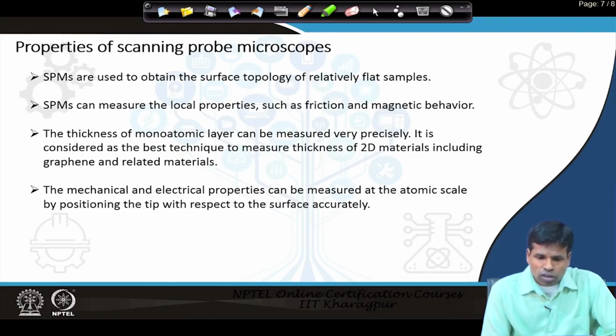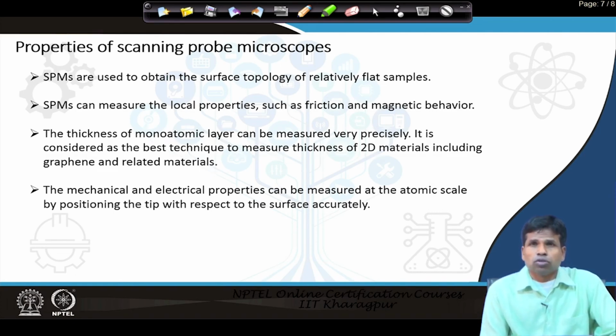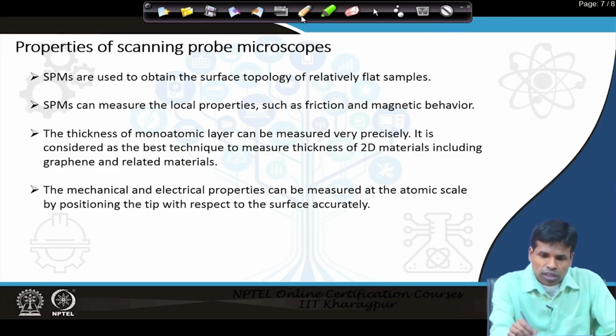SPM can also measure local properties such as friction and magnetic properties. This can be done because that probe is moving slowly across the surface, therefore, it can measure frictional properties of the specimen. The thickness of a monoatomic layer can be measured very precisely. Here monoatomic layer means on the surface,